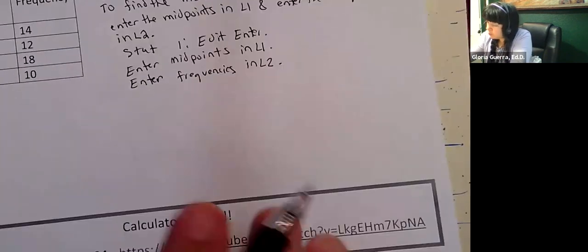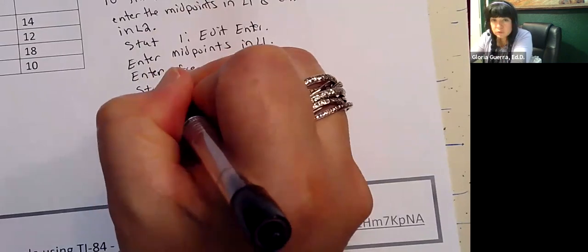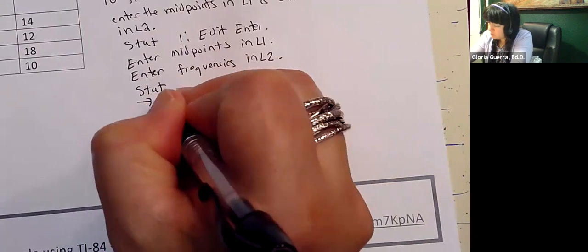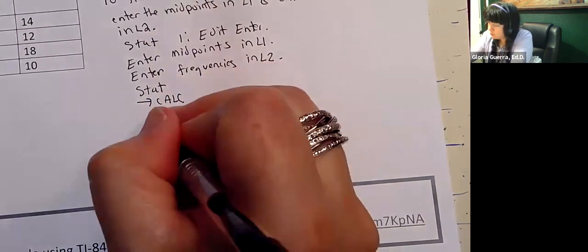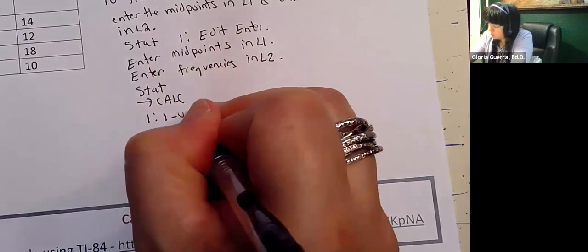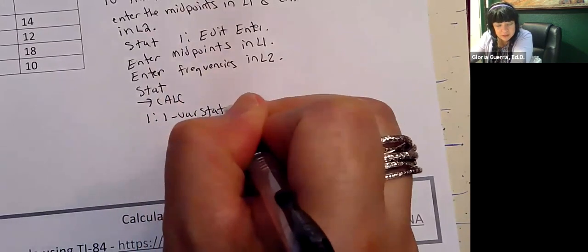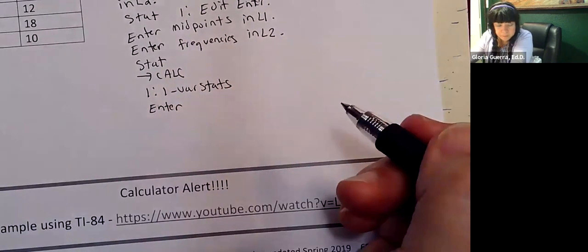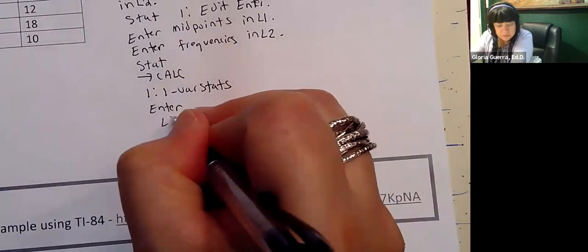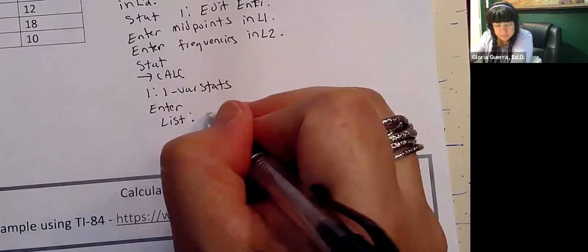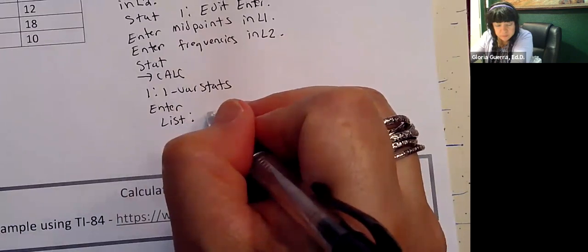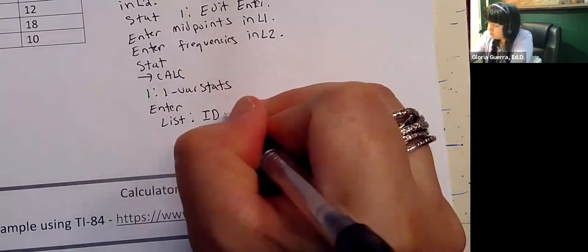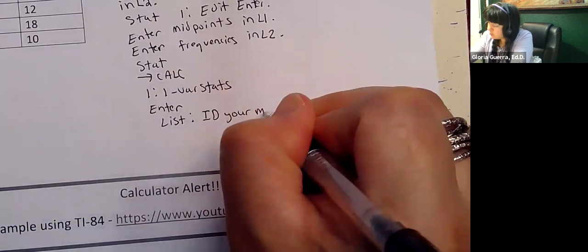Okay, and then we're going to go to, just like we just learned how to calculate the mean, stat, and you're going to tab to calculate, and you want this one, one-variable stats, enter. Okay, and then under your list, you're going to ID your midpoints